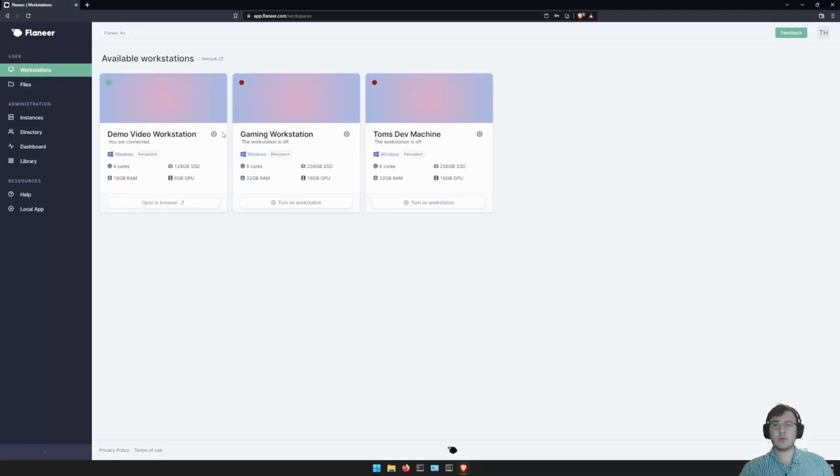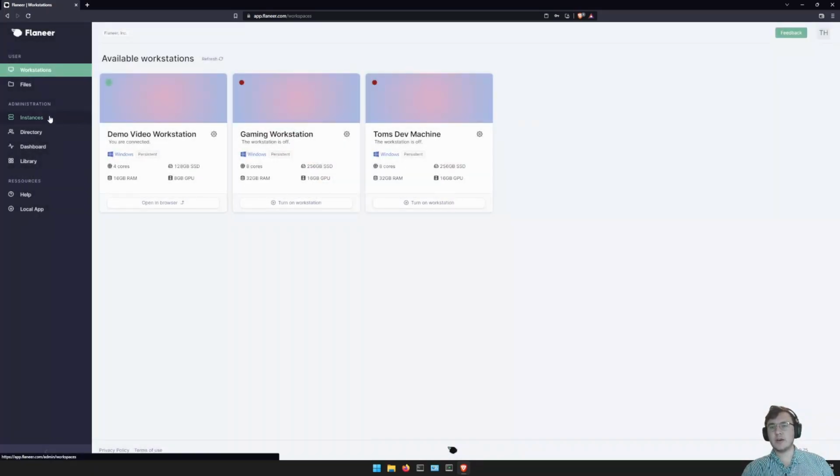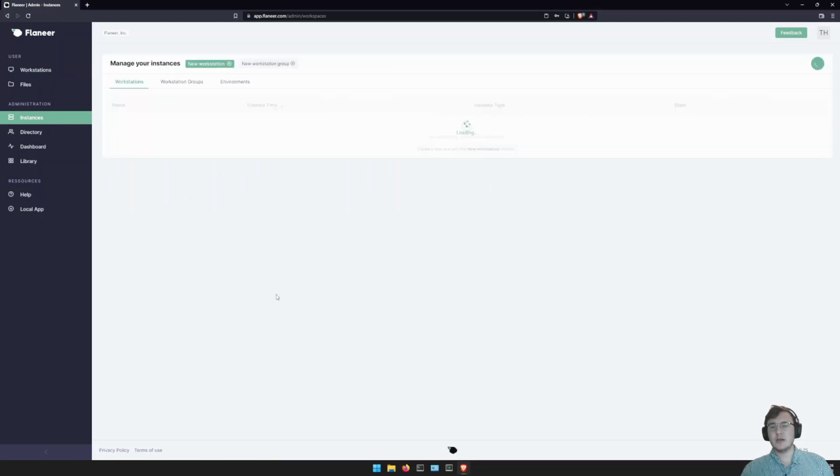I'm just going to give you a quick guide on how to upgrade your machine. So you need to go into the settings on the machine if it's running and turn it off. You can't upgrade a machine while it's still running. So that's just going to take a moment, and then we're going to go into our instances section here in